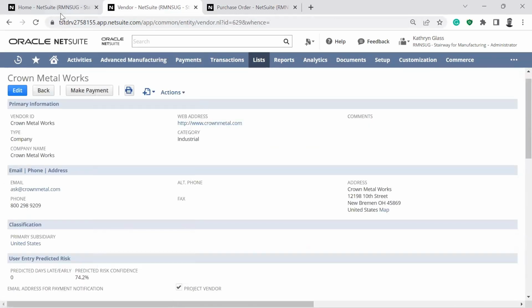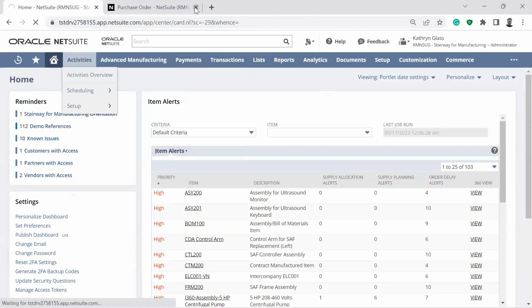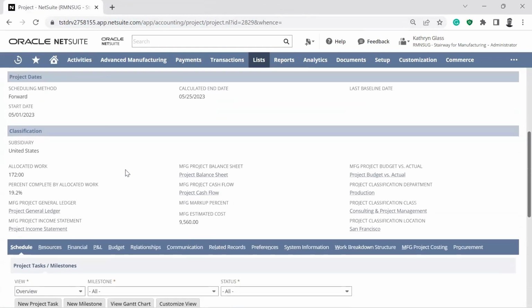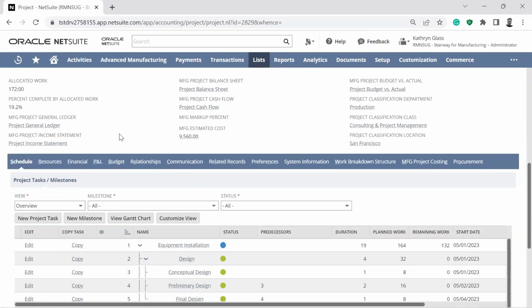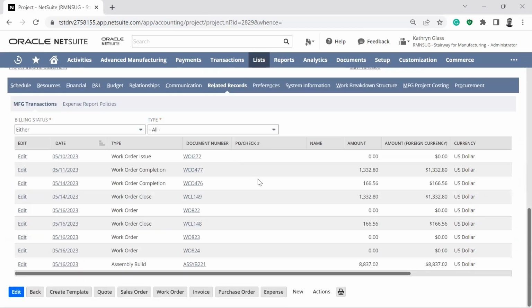Now, what I also have on that project is a bundle that is custom. And the reason why I wanted to bring that up is we have quite a few products customers that are using this. If you are a manufacturer, maybe you want to track some of the expenses at the work order level. So when I go to my related records, you can see that I have a number of work order